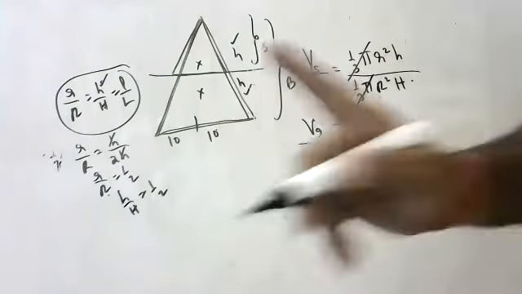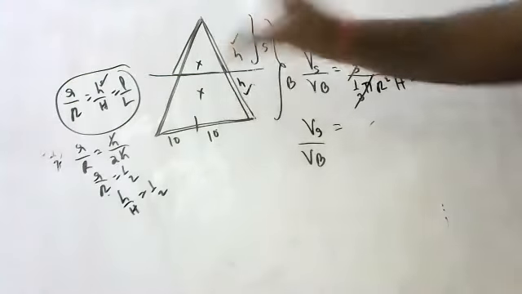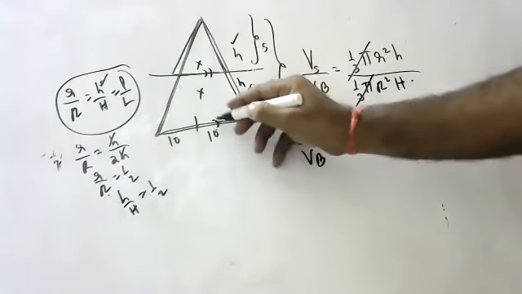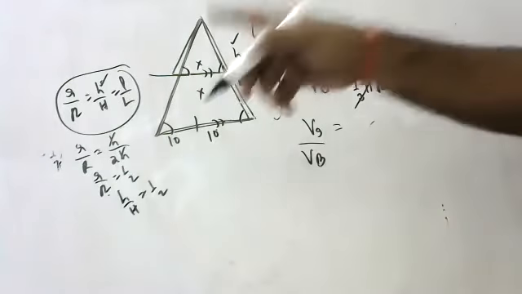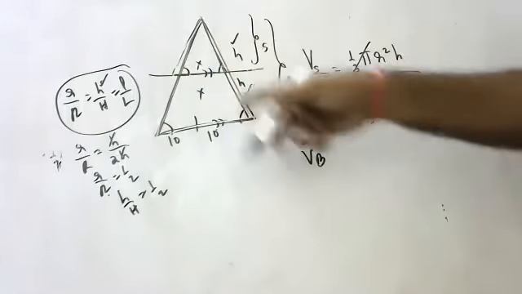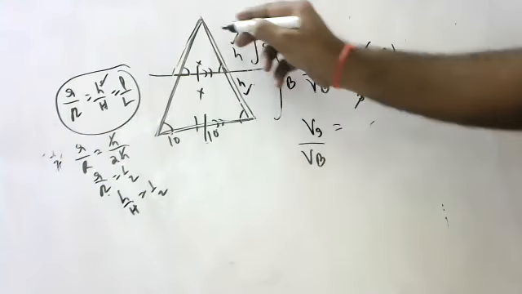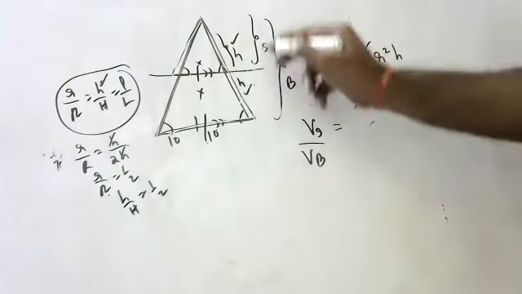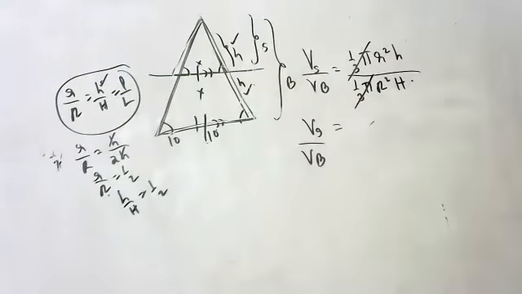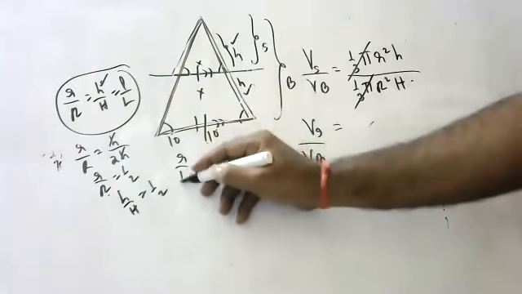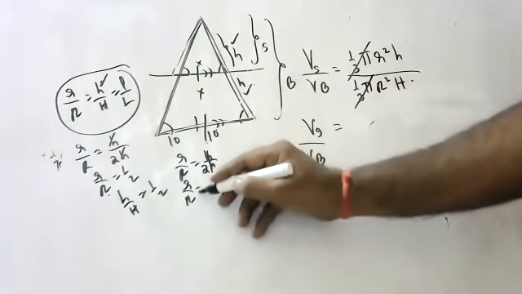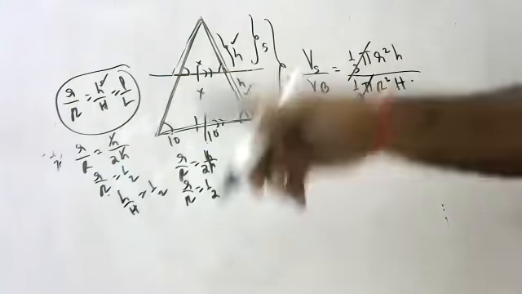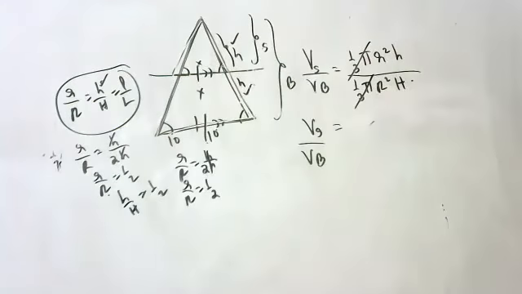Those who did not understand, again I'm saying, this triangle is similar to this triangle. Why? Because these both are parallel lines. If these both are parallel lines, one angle is the same, one angle is the same. So by similarity, the small triangle is similar to the big triangle. Small r by big R, small l by big L, small h by big H, all are similar. When they are similar, small r by big R is equal to small h by big H, which I wrote as 2H. Small r by big R, I got 1 by 2. Small h by big H is also 1 by 2.